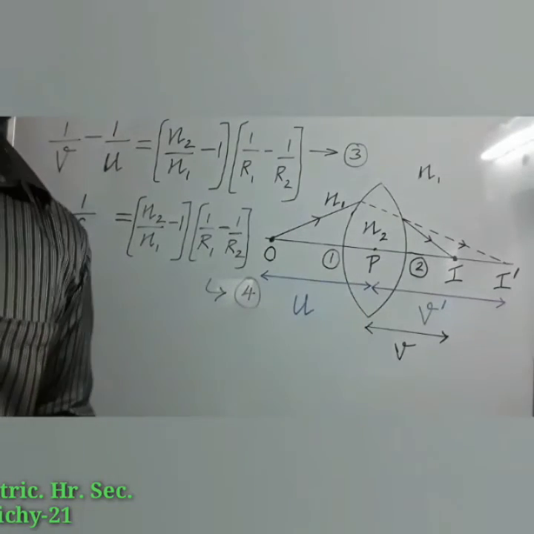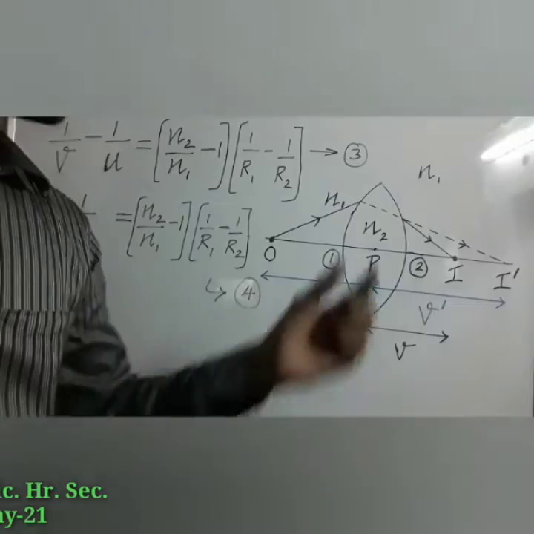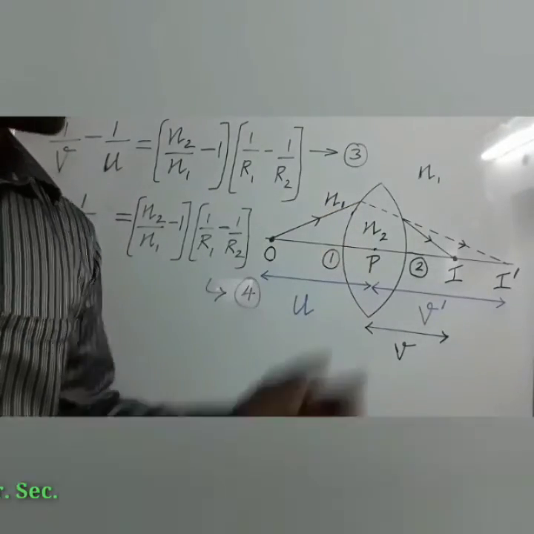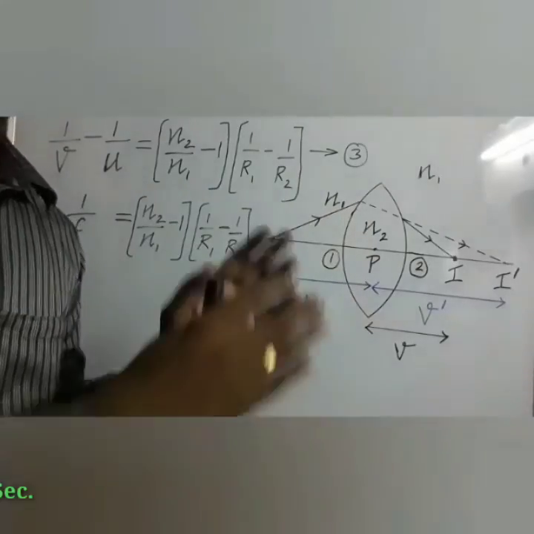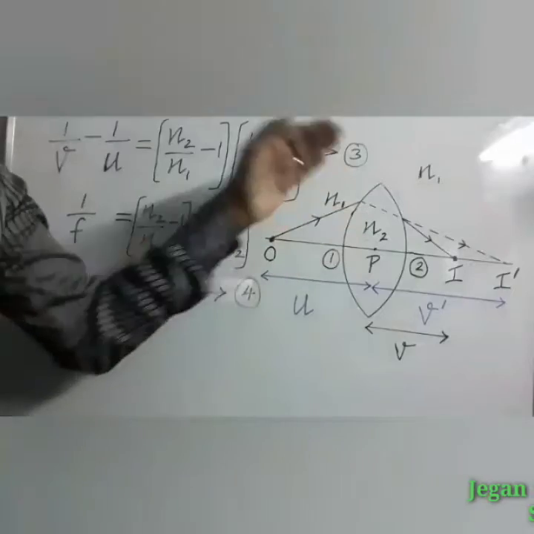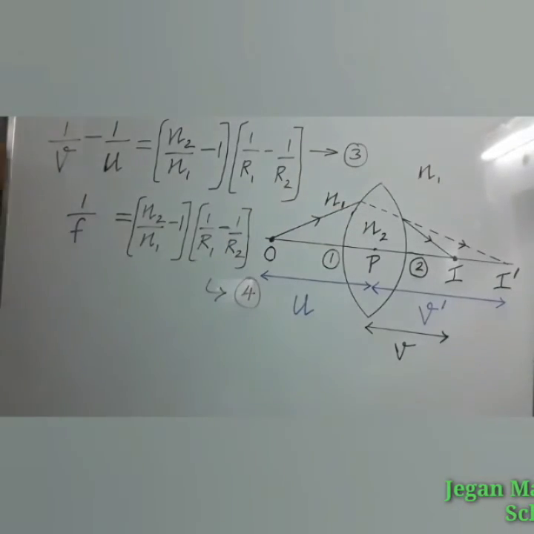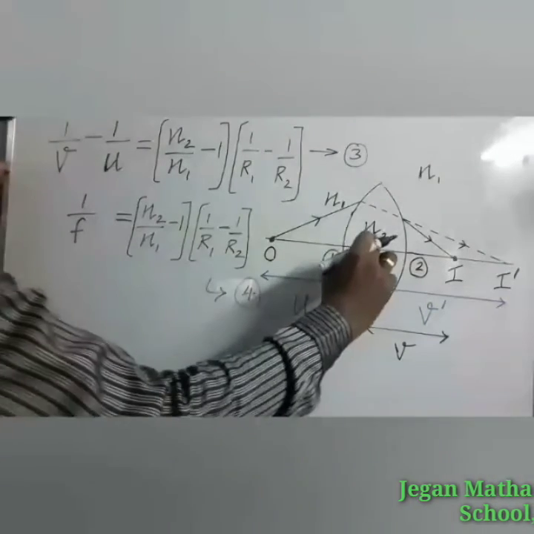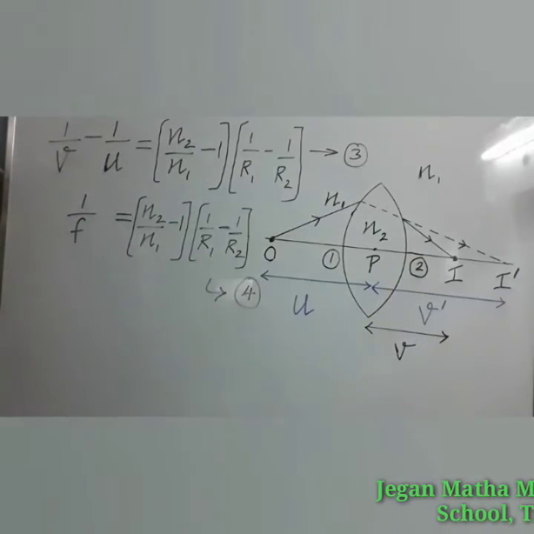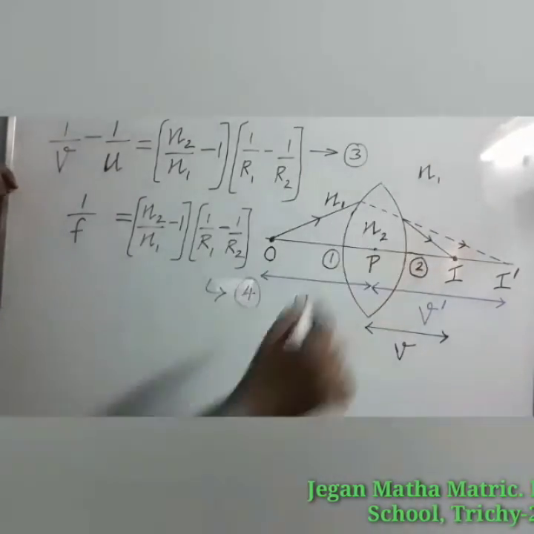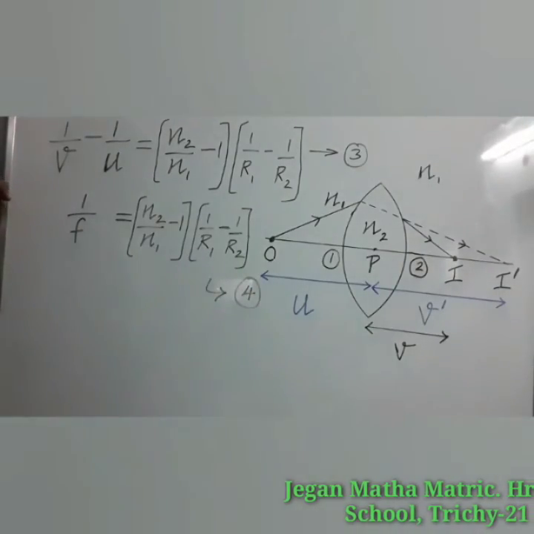If the lens is placed in an air medium, n1 can be equal to 1. So n1 is the refractive index of the medium which is around the lens. That is a general term. If it is an air medium, in the expression we can write 1 instead of n1. In that case, the refractive index of the lens can simply be taken as n itself. So n1 is equal to 1, and n2 can be taken as n itself. No need to write the number in a subscript.